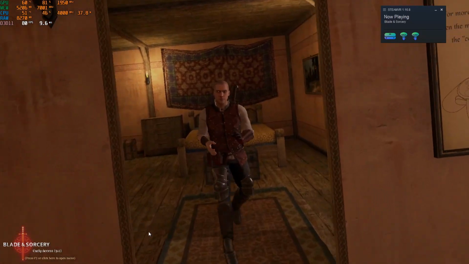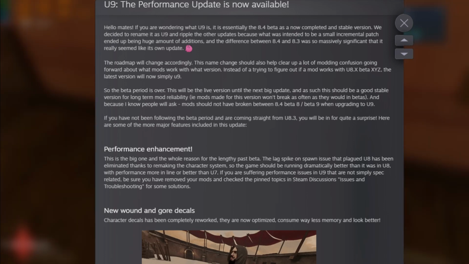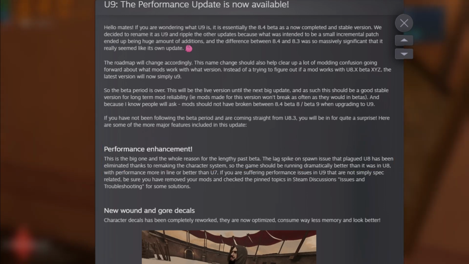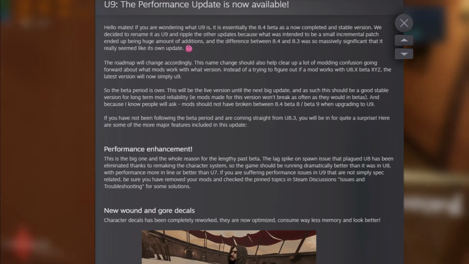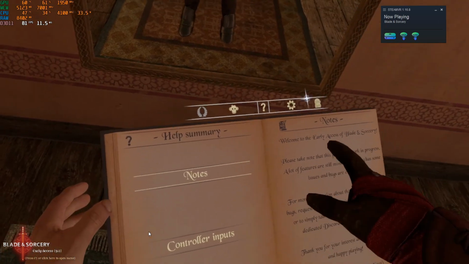9 days ago, Blade and Sorcery had a big update called U9. U9 claims that the issue with high levels of lag when enemies spawn has been fixed and that the game consumes less system memory overall. Let's see if this is actually true by comparing it to the video I did on Blade and Sorcery on